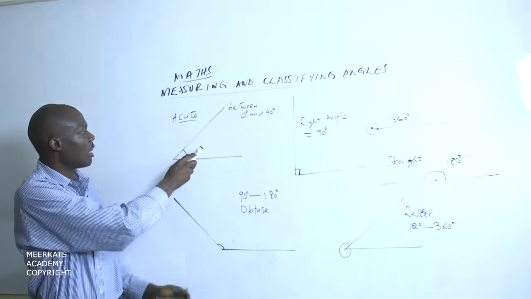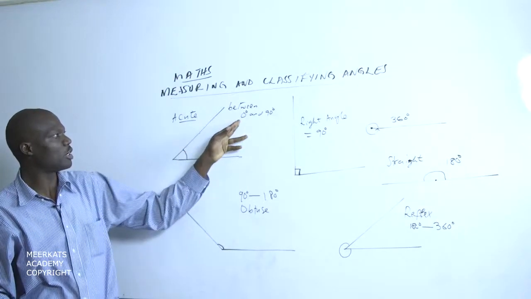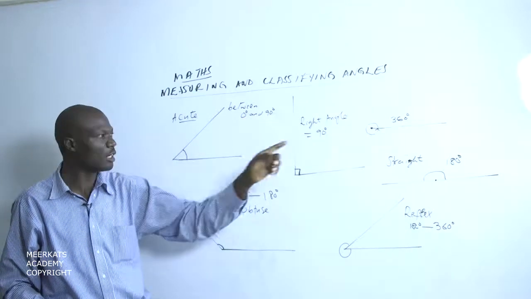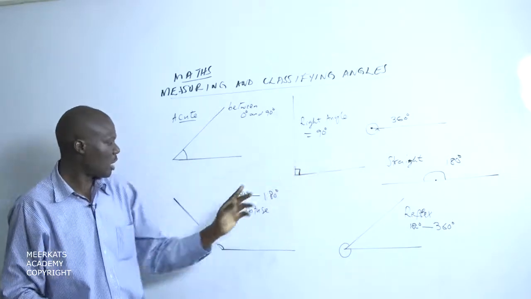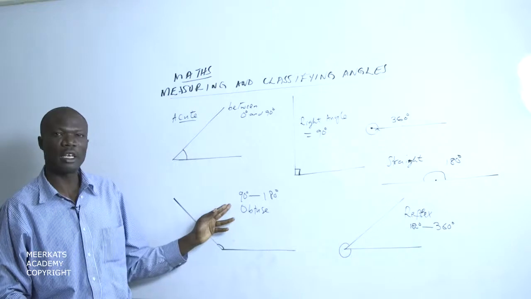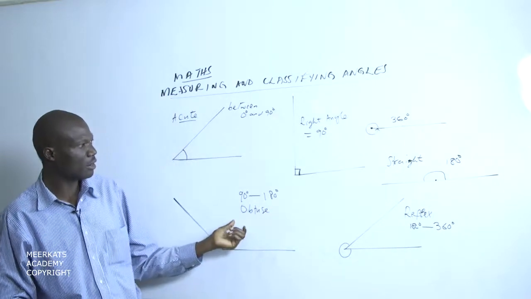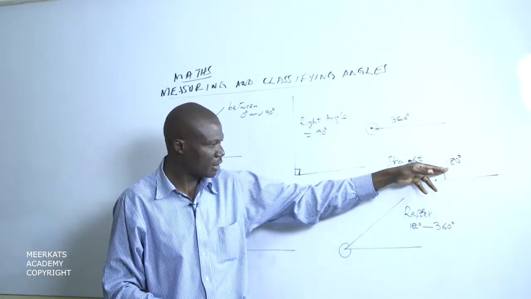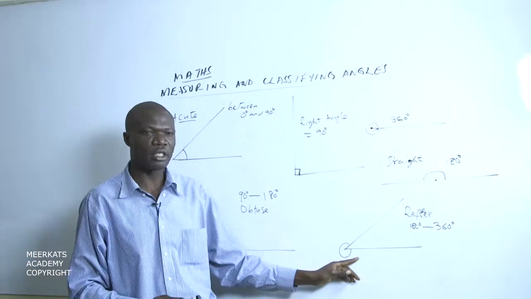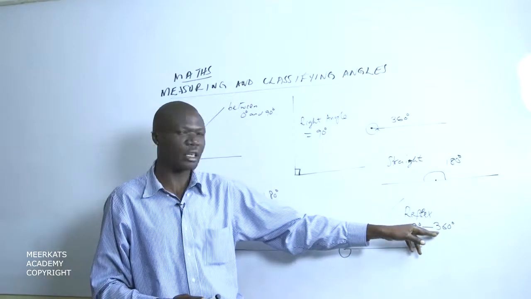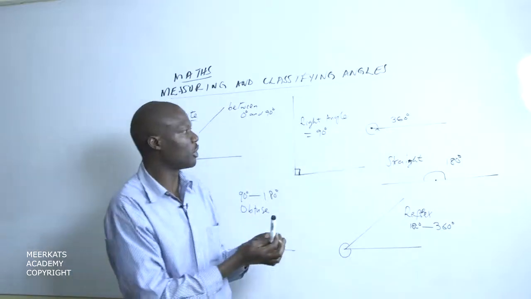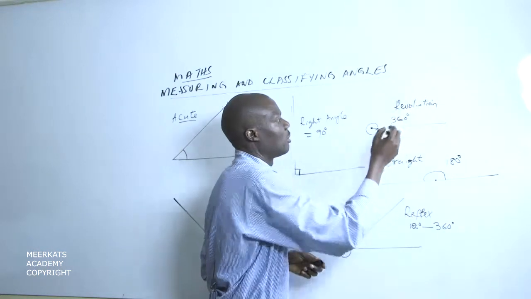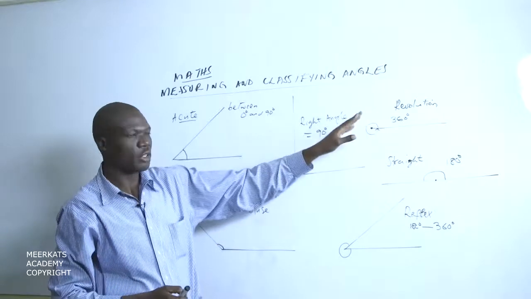as either an acute angle, which is between 0 and 90, a right angle, which is exactly 90 degrees, an obtuse angle, which is between 90 and 180 degrees, a straight line, which is exactly 180 degrees, a reflex, which is an angle between 180 and 360, and finally a revolution, which is one complete rotation, exactly